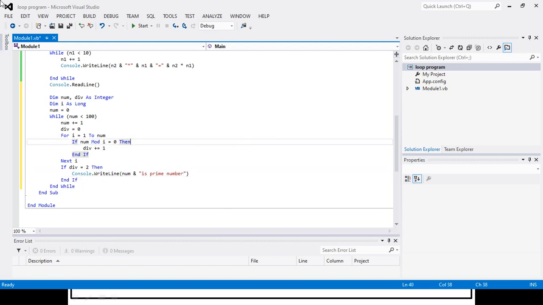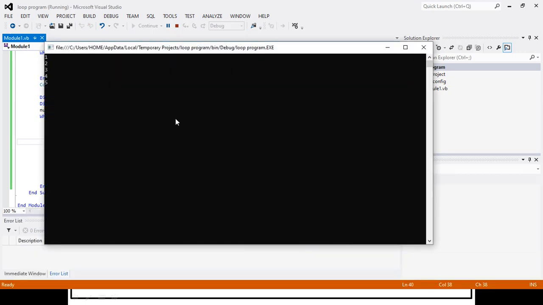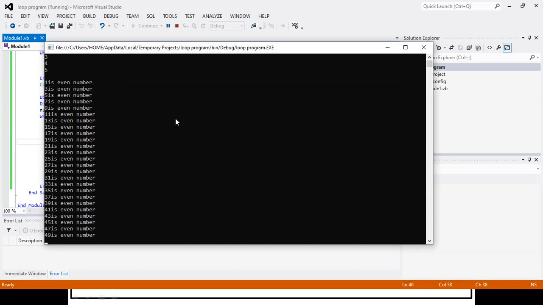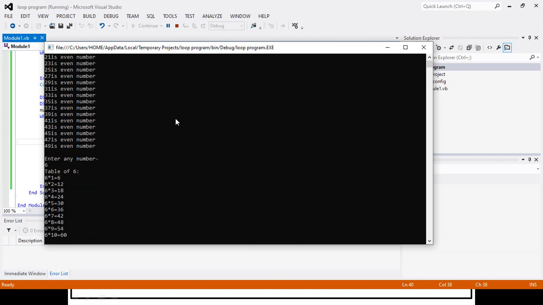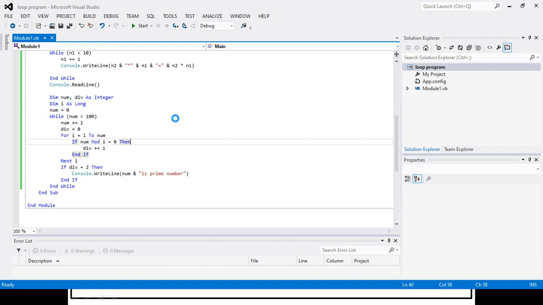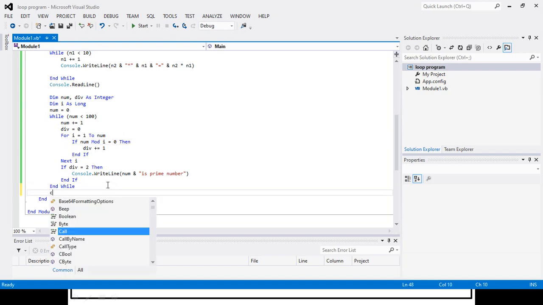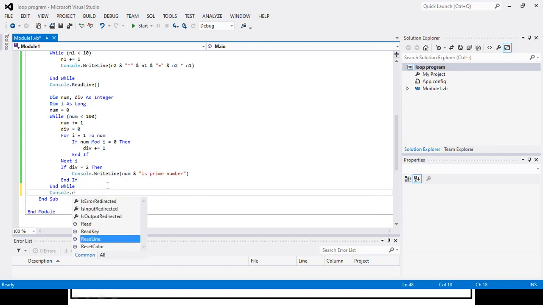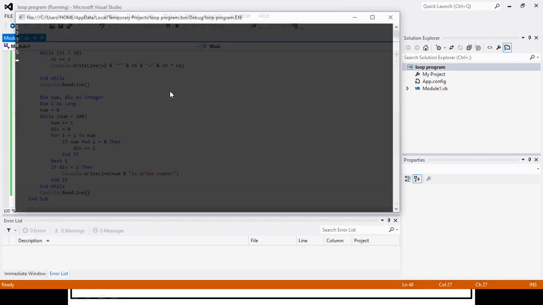Okay, so let us execute it. So the numbers 1 to 5 display, all even numbers display. Now here I will need to write Console.ReadLine. Okay, now we will again execute it.